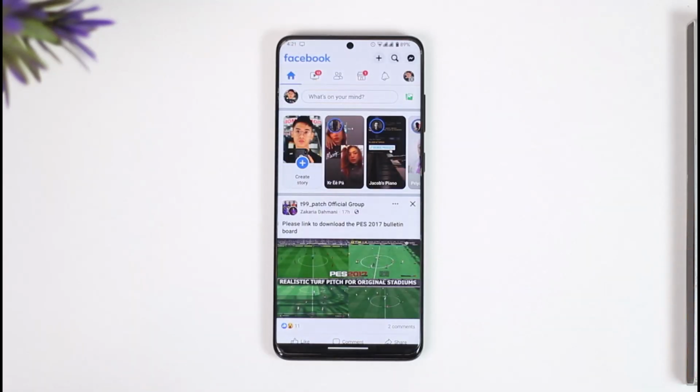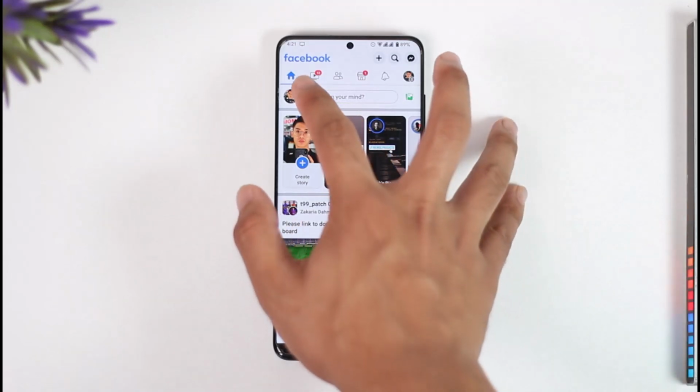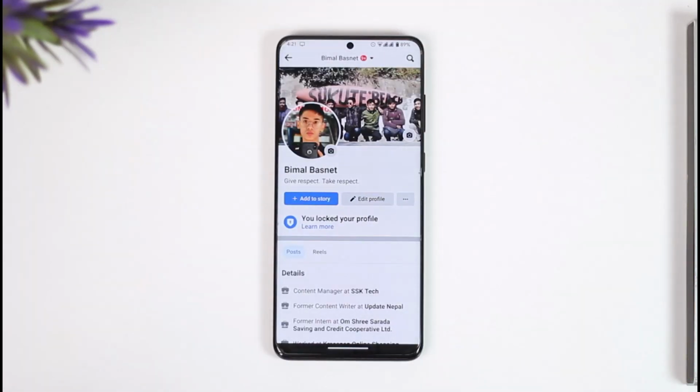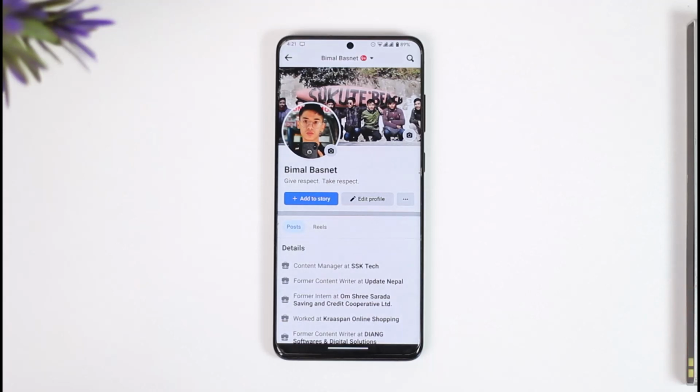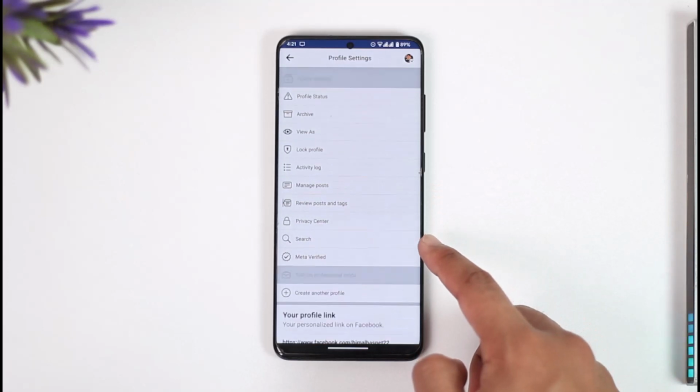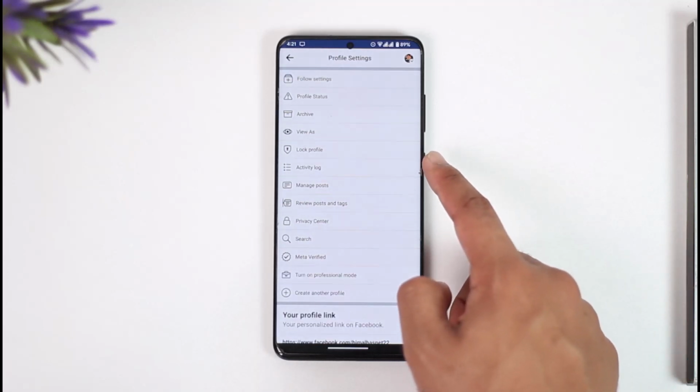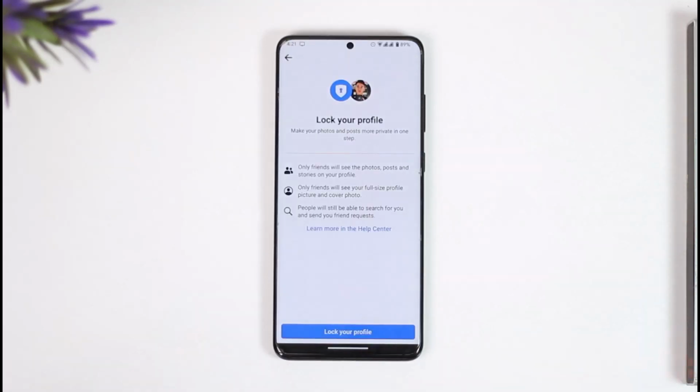Once you launch the Facebook app, you will see this type of interface where you have to tap the profile icon from the top left, and let's say you have a public profile that you might want to make private. For that, just tap the three dots option located over here, and here you'll find the option called lock profile. So make sure to tap the lock profile option here, and once you tap the lock profile option, you